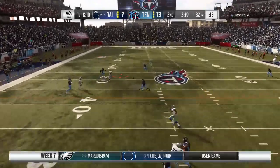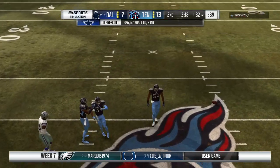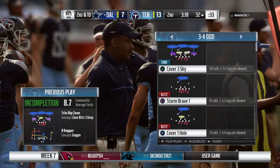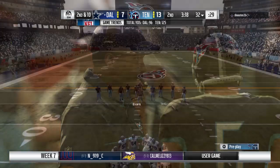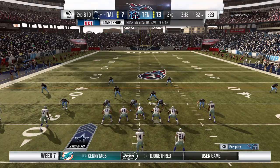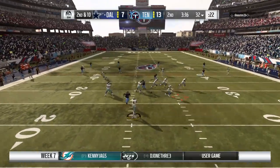Following the interception, here's Prescott. And incomplete. Crisis averted. Almost picked. Instead, 2nd down. It's been my observation there's been a nice variety of play calling defensively. You and I often talk about an offense's ability to keep a defense off balance with what they're doing. I think the converse has been true in this game. Yeah, I think you're right. They seem to have gone off tendency quite a bit, but holding the 2nd quarter, a lot of time to